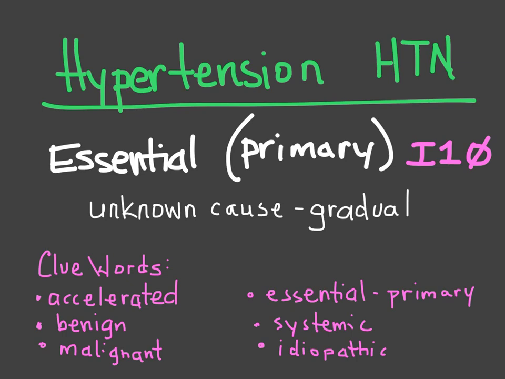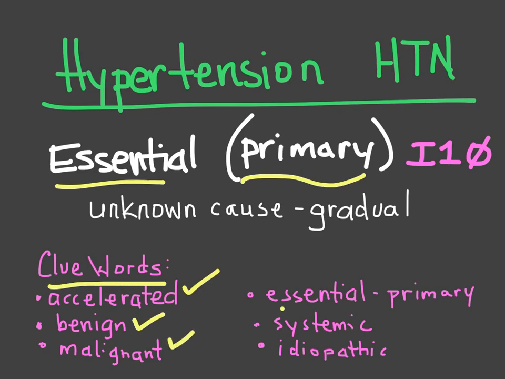So the first one is essential or primary hypertension. This is high blood pressure that does not have a known cause. It tends to develop gradually over many years. In documentation, you will see some clue words that basically equate to essential hypertension, such as accelerated hypertension, benign, malignant hypertension, of course, essential, primary, systemic, or even idiopathic hypertension, thinking back to